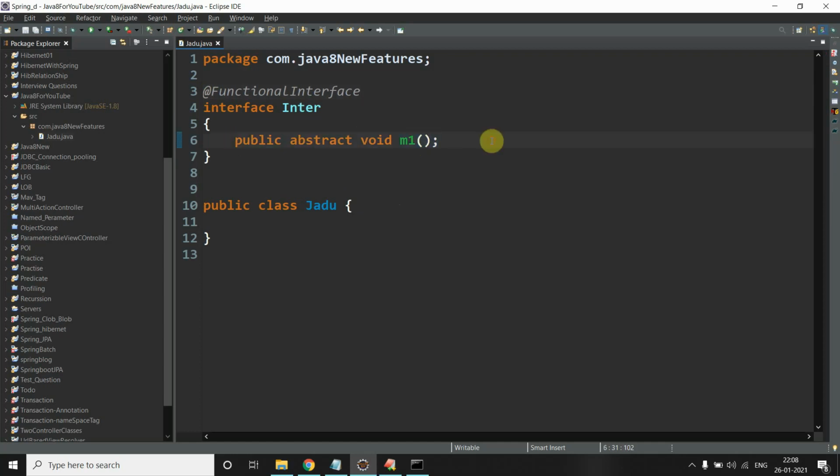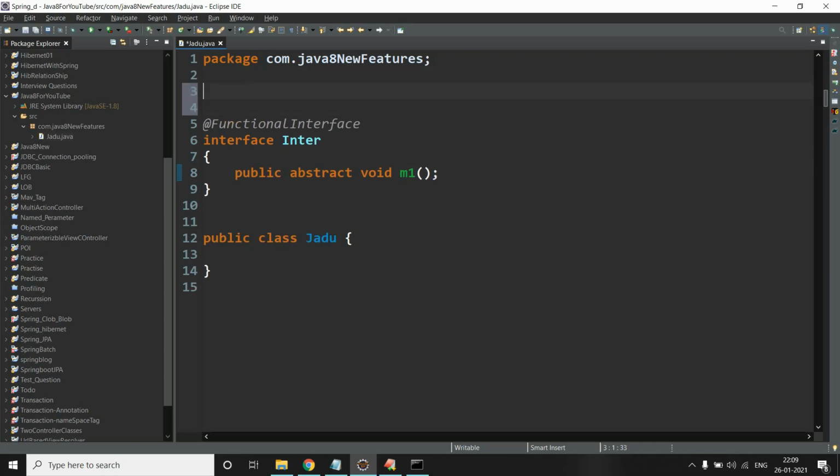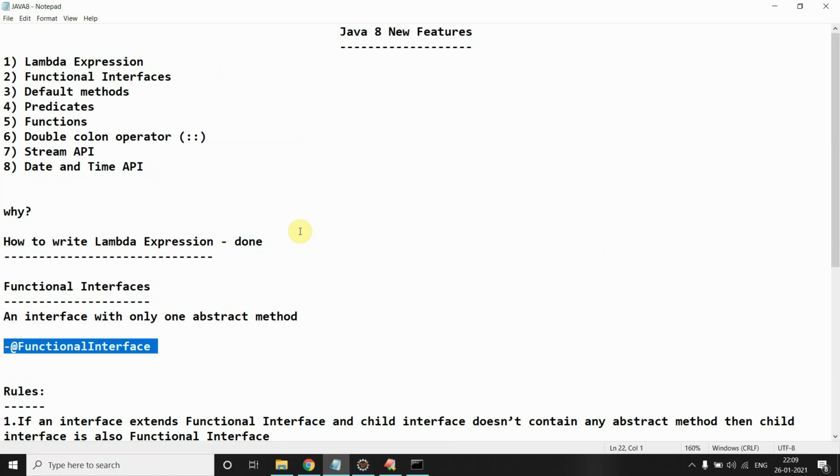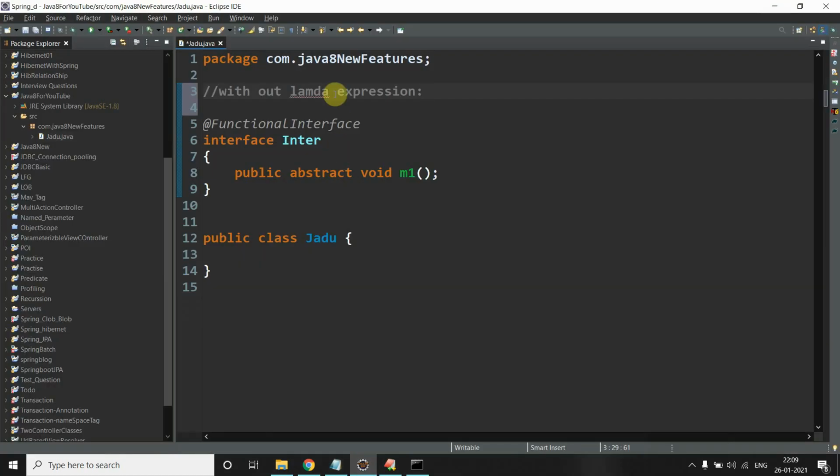Now suppose this is a functional interface and we are not using lambda expression. Before lambda expression, how could you use this? This is an example without lambda expression.